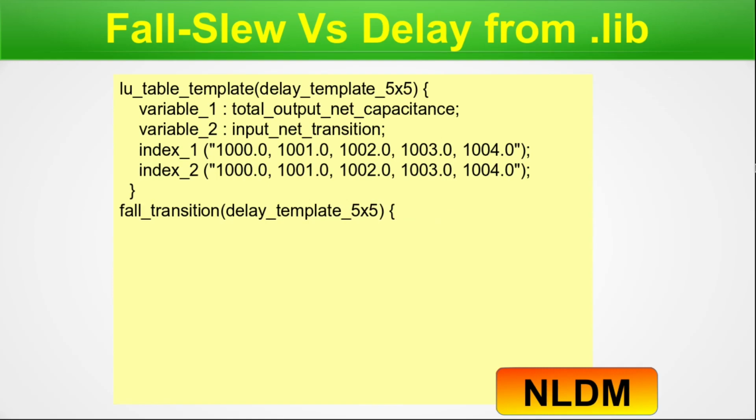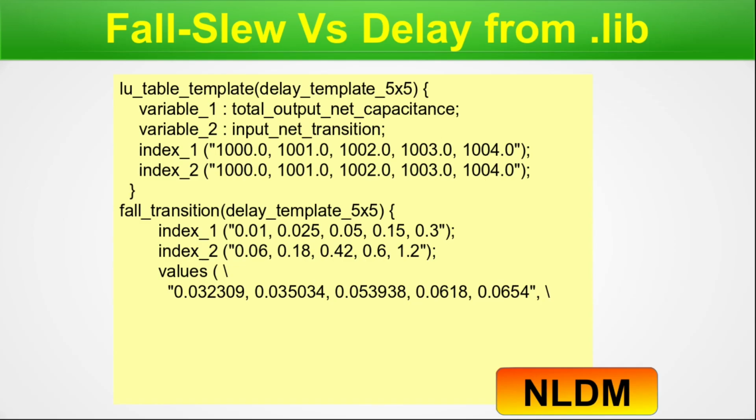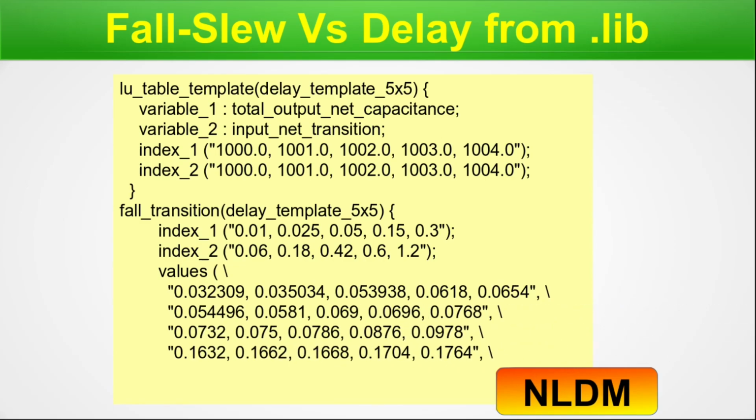In the actual cell we will find the fall transition table, that is the 2D LUT, which will be like that. The name is common, delay template 5x5, and the name is fall transition. And here we will see that index 1 has its actual or local values, which are for that particular cell, and this will override whatever we have defined in the table template. Now again here we have the second index, that is the column index, and here we also have 5 values, and here we start the table. Here goes our first row, second row, third row, fourth row, and fifth row, and we close the entire block. So again these values will sit here, here, here, here, and here, and these values will sit here, here, here, here, and here.